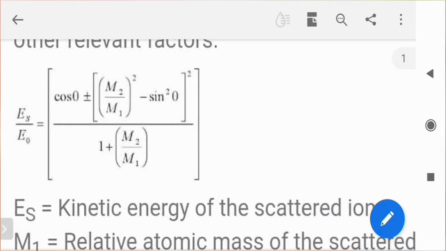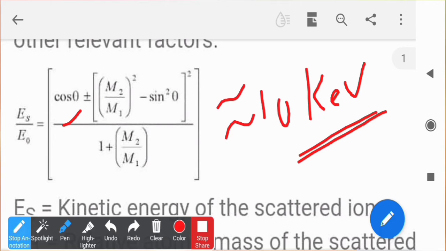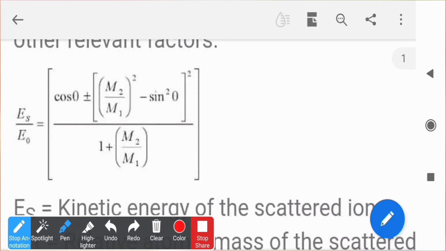In general, the ratio of how the energy has changed between the incident and scattered radiation is determined, and based upon this ratio